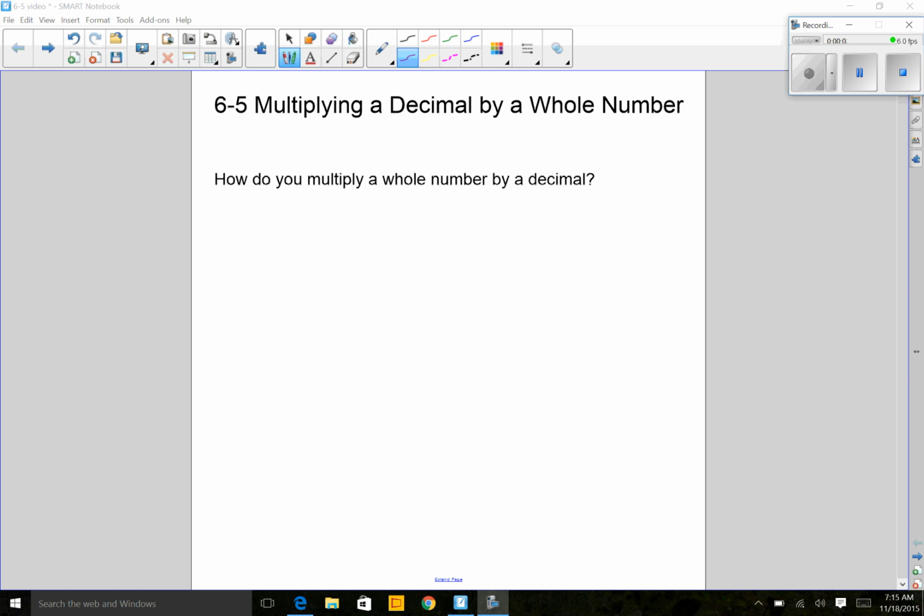This is topic 6, lesson 5, multiplying a decimal by a whole number. We're talking about how you multiply a whole number by a decimal. I've actually already given you an algorithm for this, and I'm going to show you why that algorithm